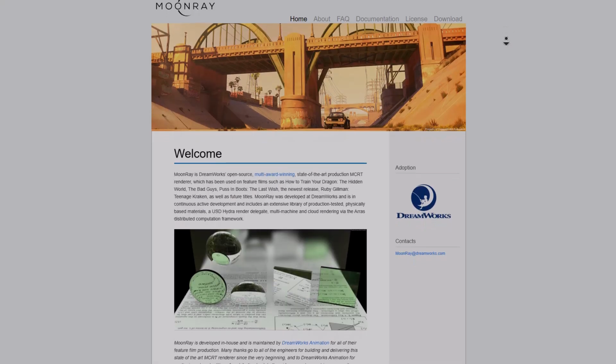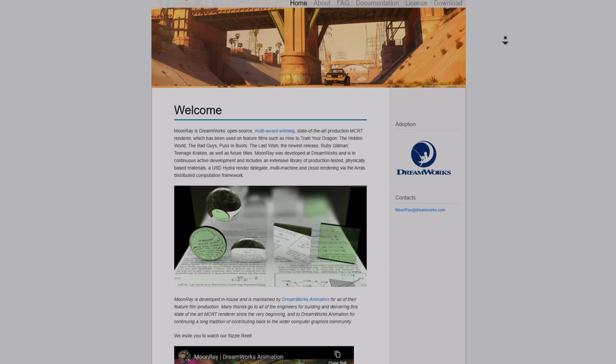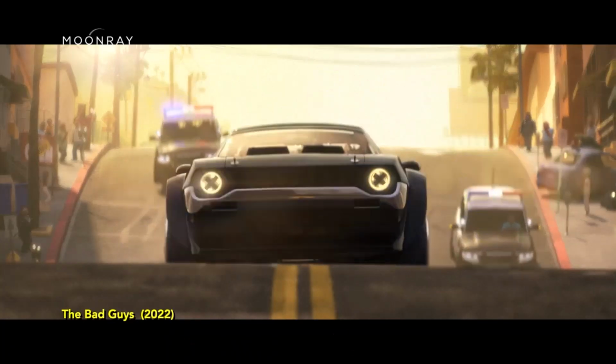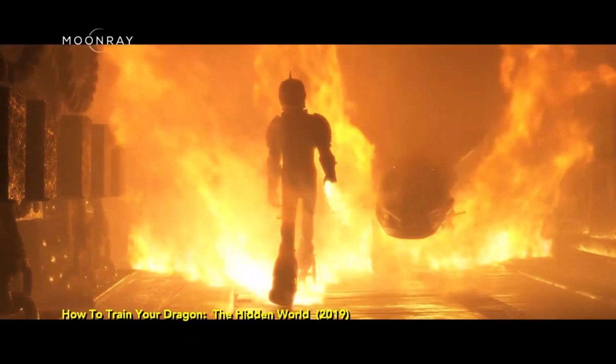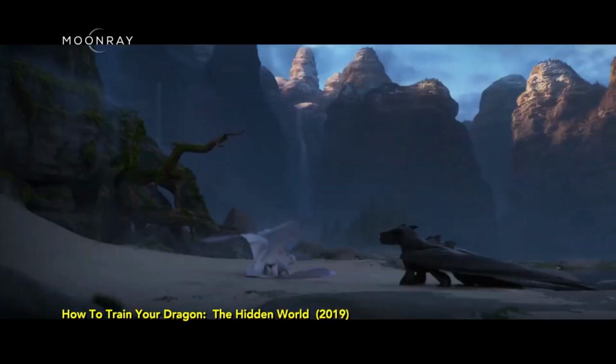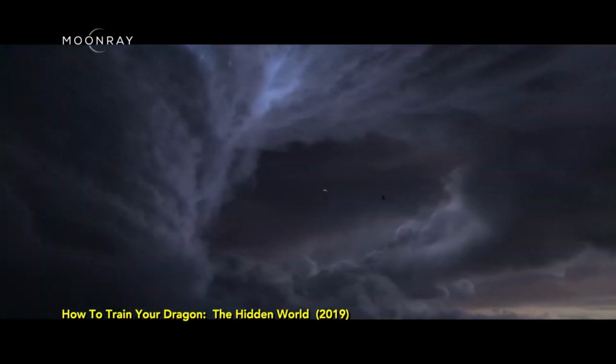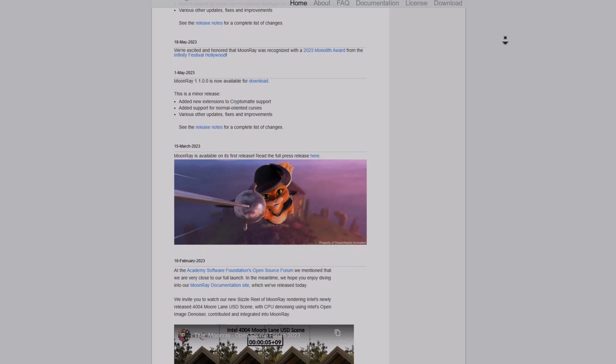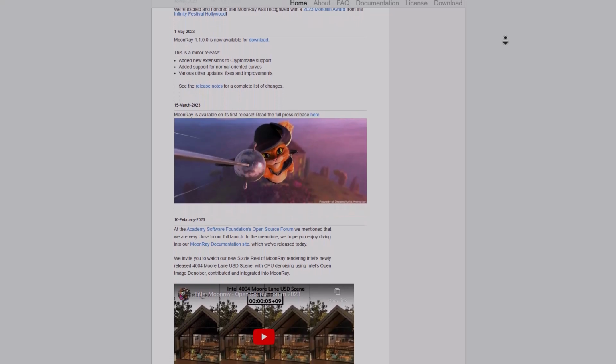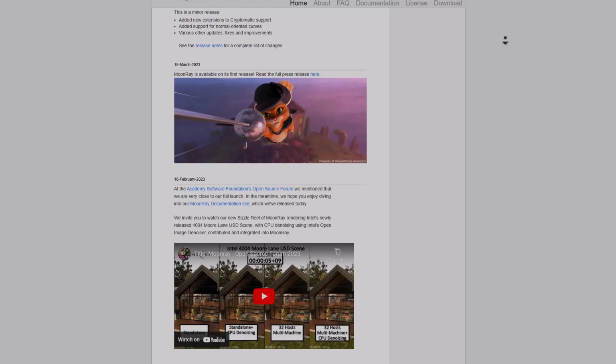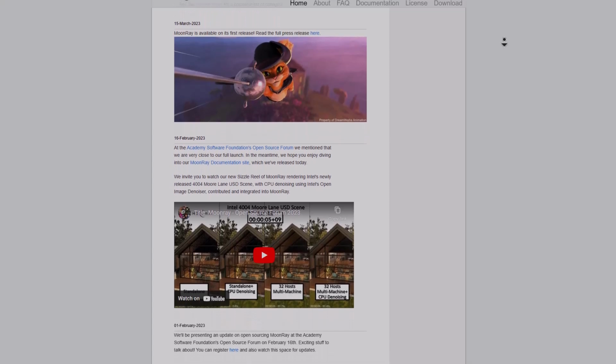This ray tracing renderer has been used in various animated feature films such as Bad Guys and Puss in Boots: The Last Wish, with updates to the VFX reference platform of 2023. And since its announcement of going open source, a lot of artists and studios have been looking forward to using it, as it bags a good level of credit with a high-performance Monte Carlo ray tracer used on all recent